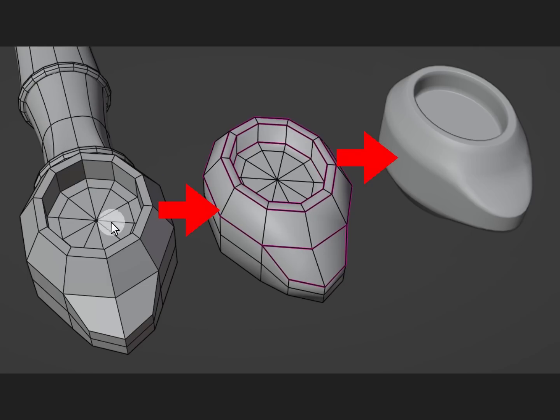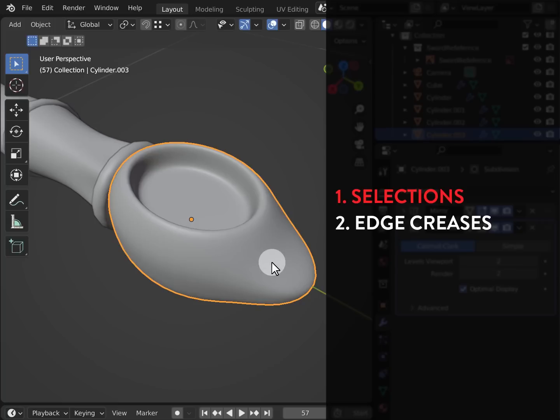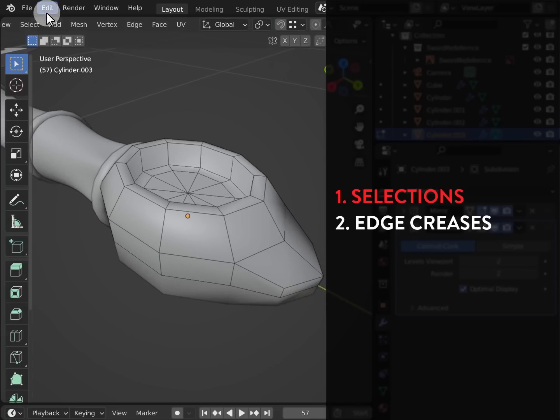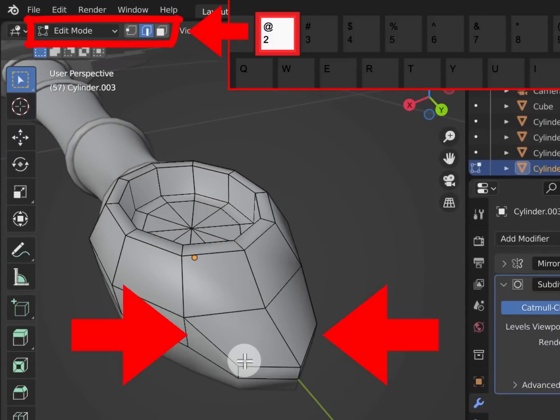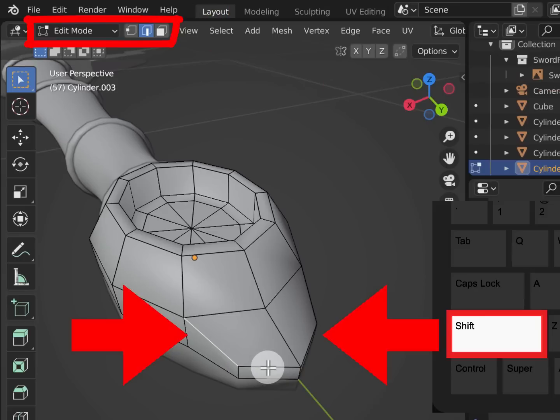The goal now is to add in edge creases to turn our pommel into a hard surface mesh. In step number 1, we'll make our selection. So I'll go into edge mode by hitting 2 on my keyboard while I'm in edit mode. Then I'll start by selecting the 6 top edges that are around the extrusion of the pommel. I'll select one, and then I'll shift select around all of them on the top for a total of 6